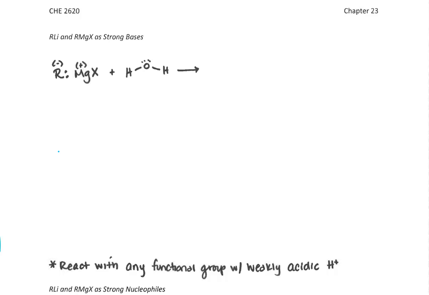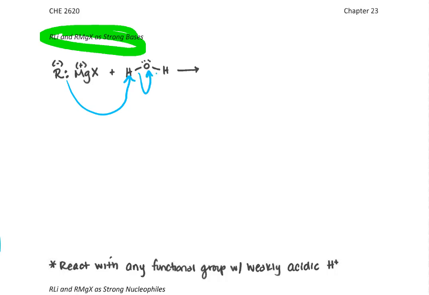So if you're able to pull a proton off and create the conjugate base, then that conjugate base is going to be very strong, because a strong acid has a weak base, and the contrary is true, right? So a weak acid has a strong base. So what that means is these compounds, if there's any acidic proton present, bam, it is going to react with that acidic proton. So your Grignard is going to come in and attack here well before it would attack anything